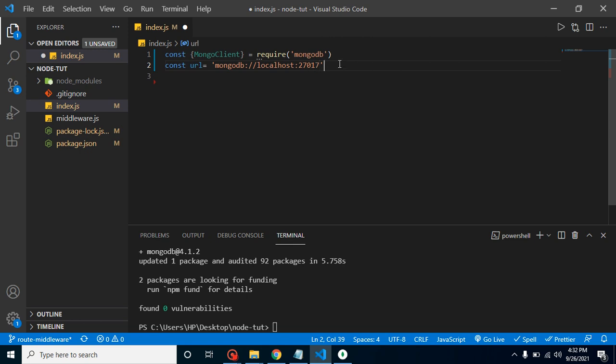If you are fetching your MongoDB from localhost, this is probably your link of MongoDB. If you make that path custom and change something in the URL, then maybe your MongoDB path is different, but there is a 98 or 99% chance that your local MongoDB path will be the same. Great. So after that, let's take a constant with the name of client.